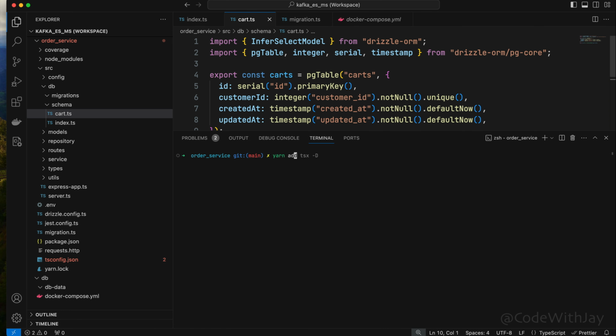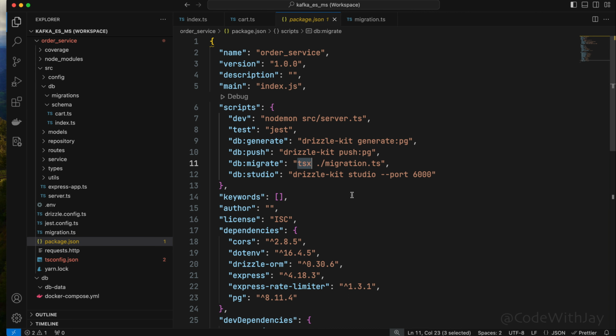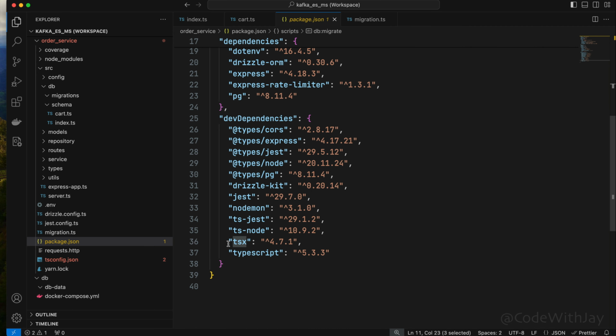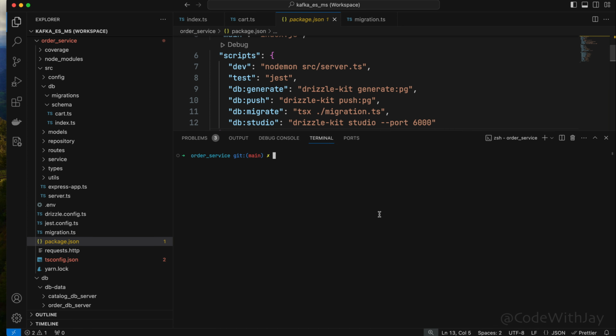Yarn add TSX as dev dependency, right? Cool. So now it is added. If you go to the package.json file and have a look at the dev dependency, you can see this is installed, right? All right. So let's try to execute all this stuff from here, right? Perfect. So now let's try to run all these commands. First of all, let's run the yarn db generate,